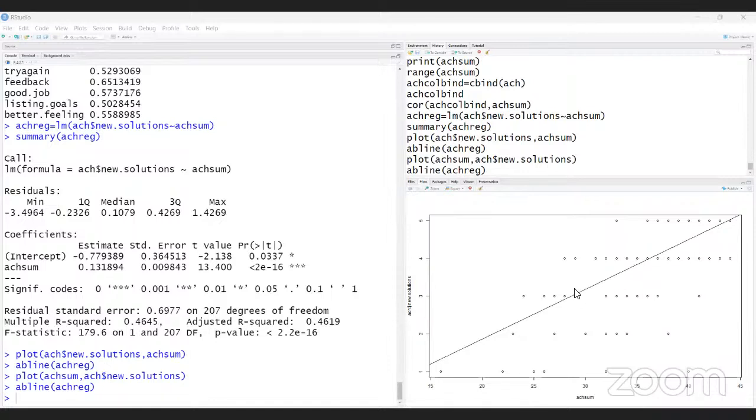If you want to select the person who has high achievement motivation as well as very high achievement motivation related to the new solution, then you can select these three persons. So these can be used for the selection purpose because they are on the regression line.